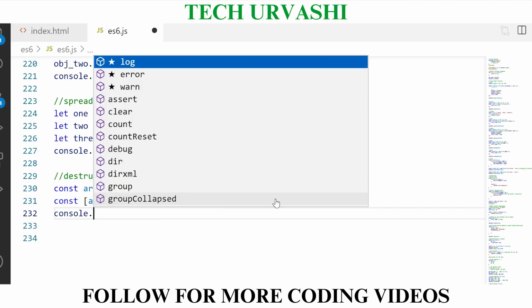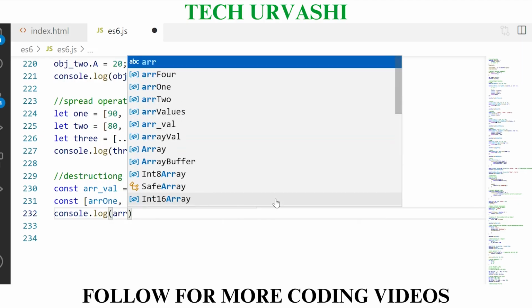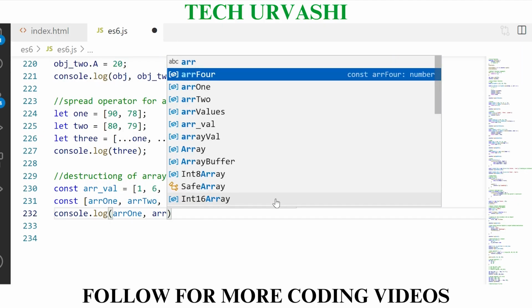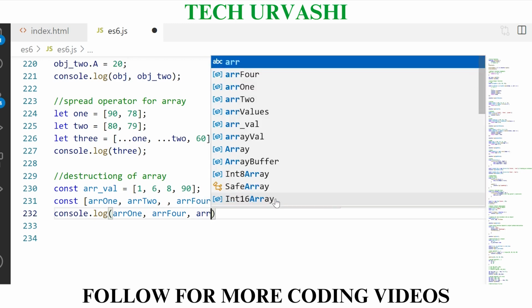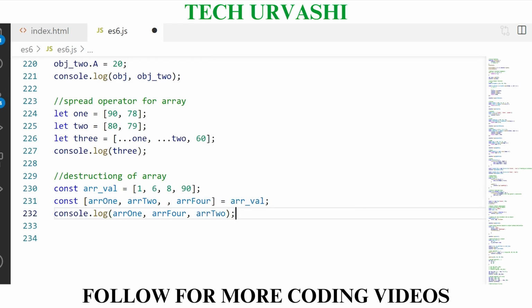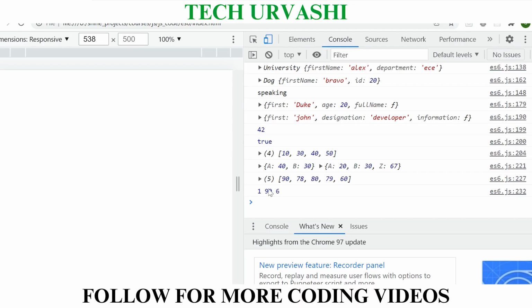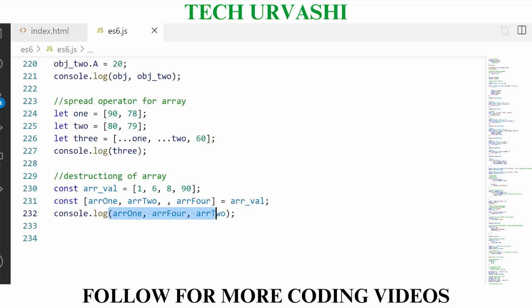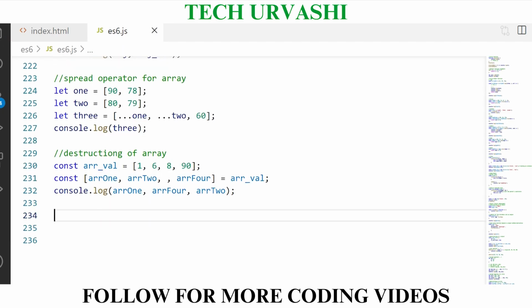So if I try to do console.log of these values, let's say array 1, then array 4, then array 3, array 2, I can clearly see all the values will be here. So I'm actually taking out all these array element values outside this array in some variables. So if I refresh, I can see all the values here. And this is very important, if I'm skipping any value in between, that value will also be skipped here. That means 8 will not be assigned to any variable here.